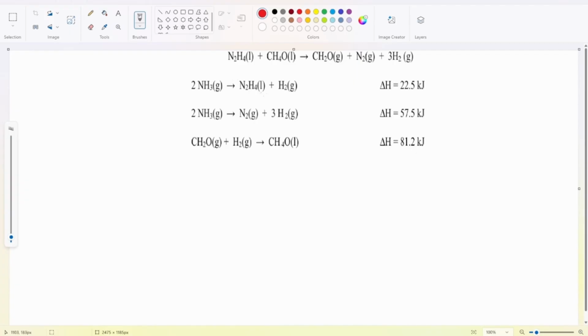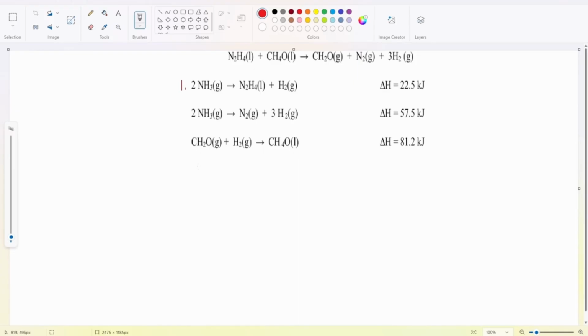So, as we analyze, we see that N2H4 is on the wrong side. And then you might be like, oh, but Matthew, the H2 is on the right side. But that's why we have this H2. So, we need to flip it. So, for equation 1, we gotta flip it. So, we flip it, but always remember, when you flip this, you also have to flip the sign on the